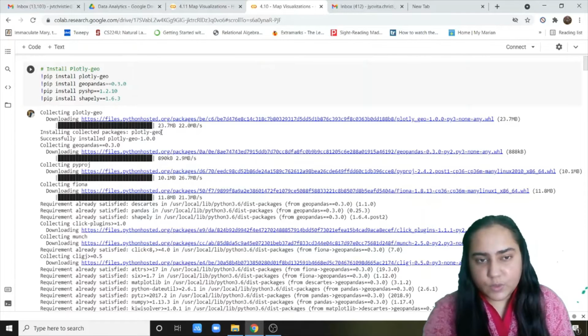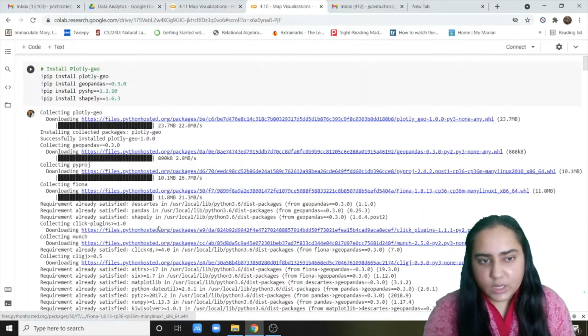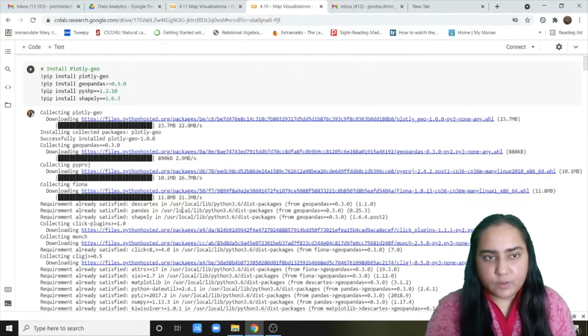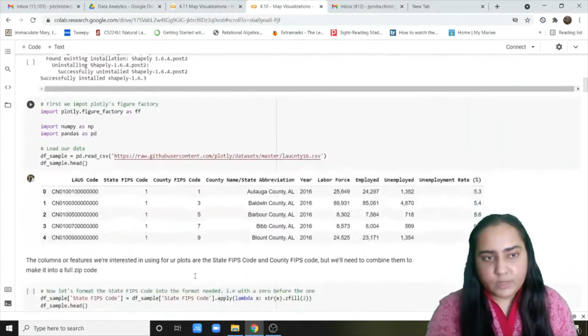Once you do that, you will see a bunch of output running, showing that a certain library is now installed and how many MBs are downloaded. I'm not going to run this again because it's already installed. And I would recommend that you pause the video and try to install these libraries. And once that's ready,